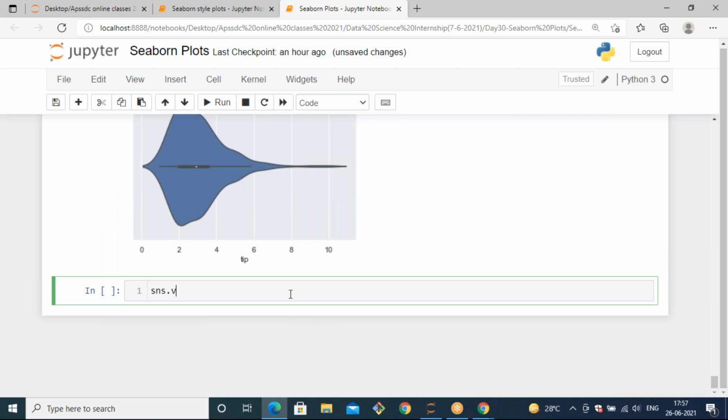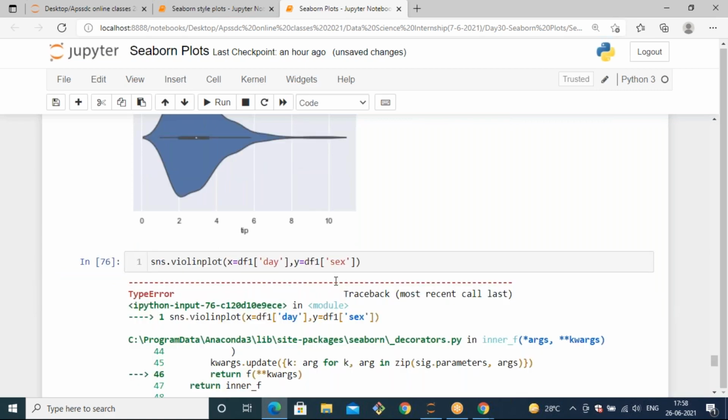SNS dot violin plot of x equals to df1 of, I'm just taking the x value as day, and the y value is df1 of, you can take, when you take only two categorical data.